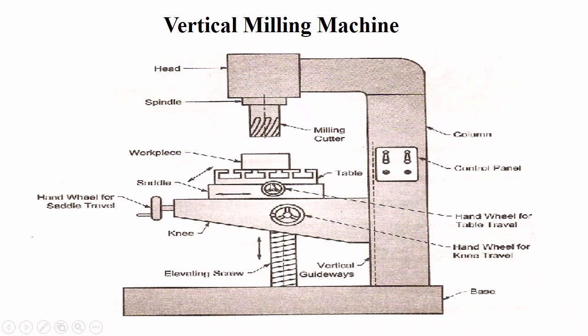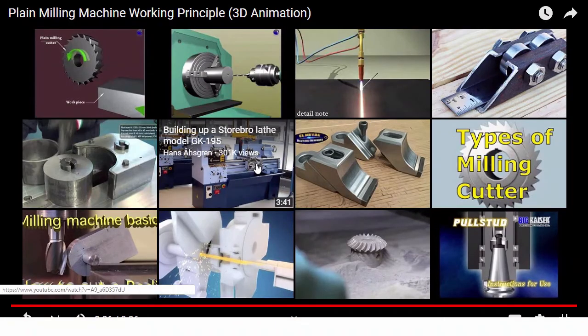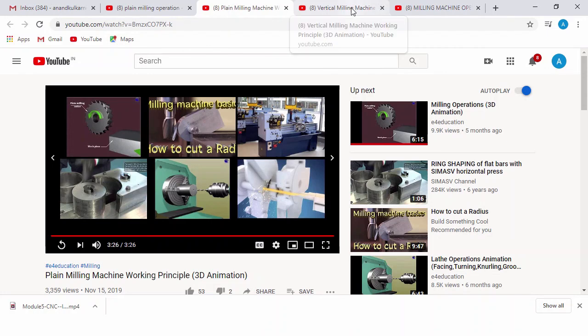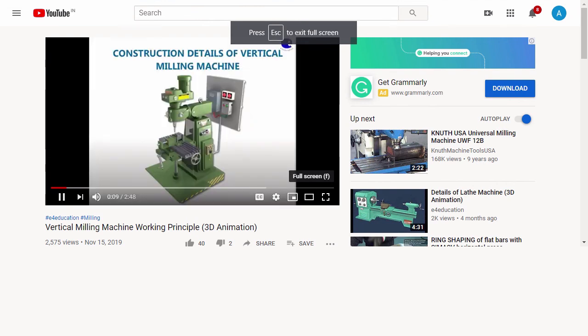And if you rotate this wheel, the table moves longitudinally, perpendicular to the plane that we are discussing. I'll show a video of this vertical milling operation so that we can conclude today's discussion.